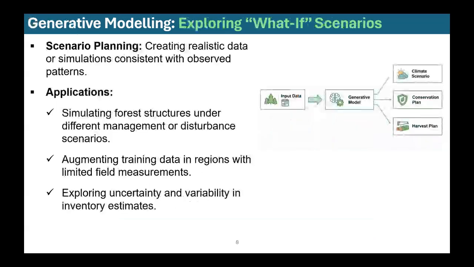So finally, we have the frontier: generative modeling. This is about exploring what-if scenarios. By using this powerful, specialized modeling approach, we can simulate forest structures under different climate trajectories or disturbance regimes. It allows us to augment our data, synthesizing realistic forest structure for remote regions where field plots are sparse,